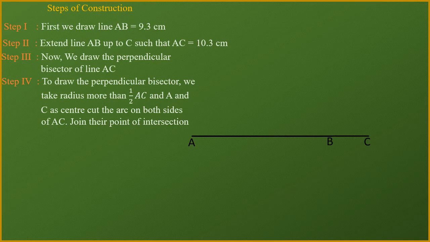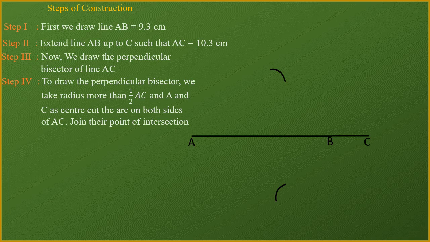Normally we suggest you take the length of your compass nearby till the point C. Means keep your compass at the point A and measure nearby, not exactly on C. Nearby means it reaches a little before the point C. Now from your compass you will cut one arc above and below from the point A, after taking the arc more than half of AC, one arc above from the point A and one arc below from the point A only.